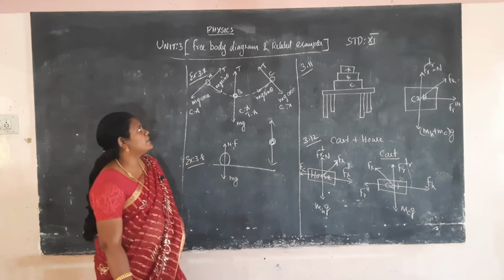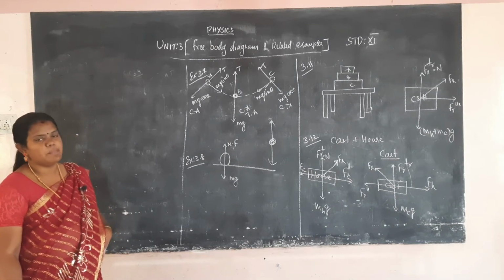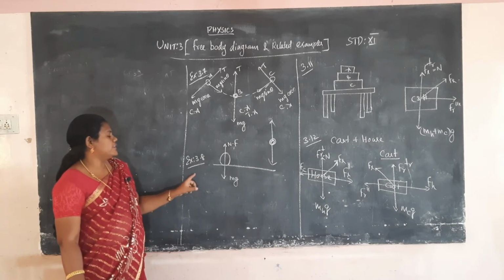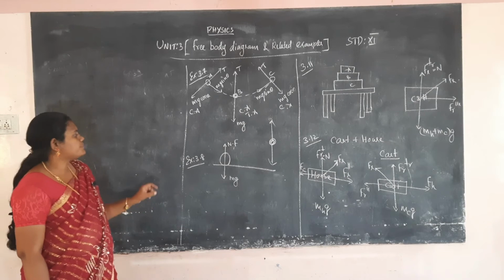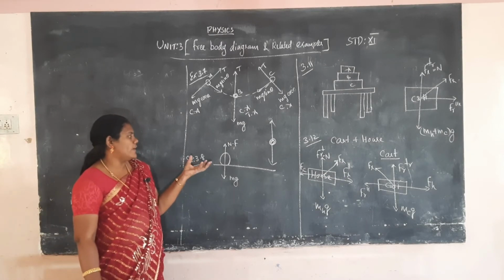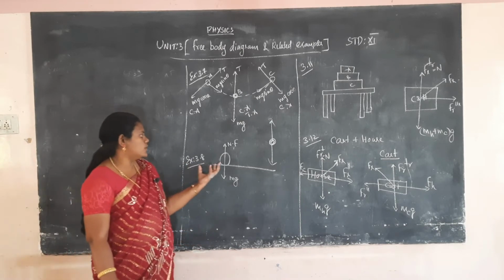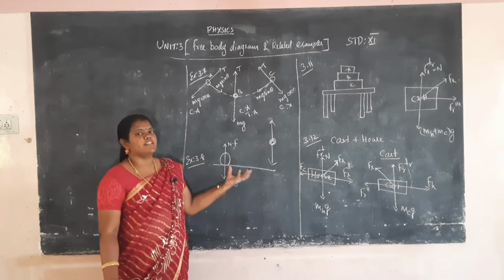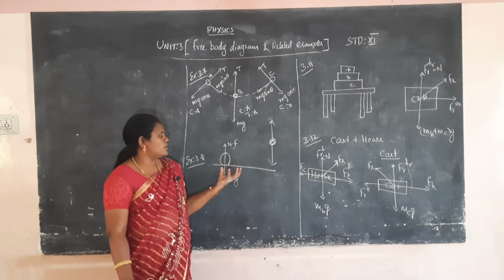This is a simple pendulum experiment, and this is the way the free body diagram is drawn for the simple pendulum, okay. This is example 3.7, and now I will explain example 3.8. In 3.8, the task given is that one ball is at rest on the ground, okay. We have to draw the free body diagram and calculate the forces acting on the body.